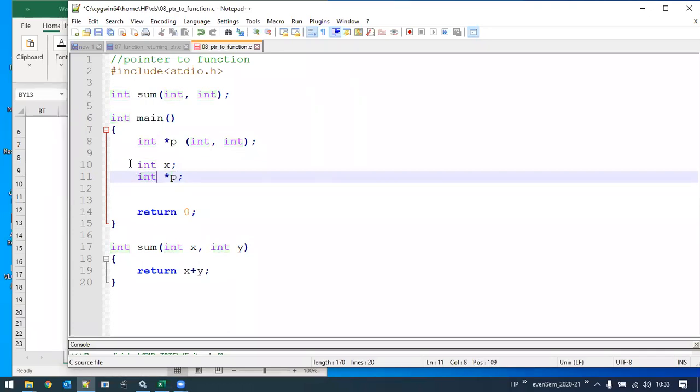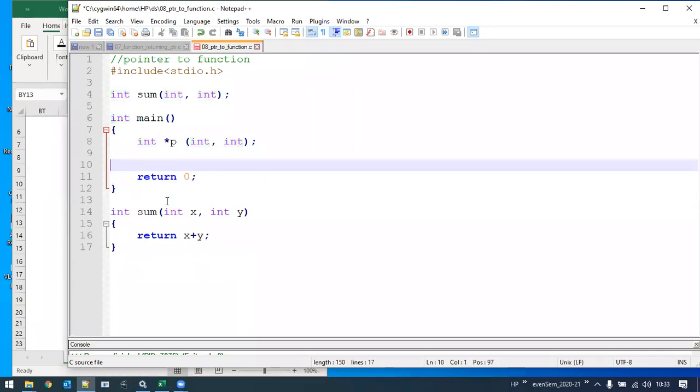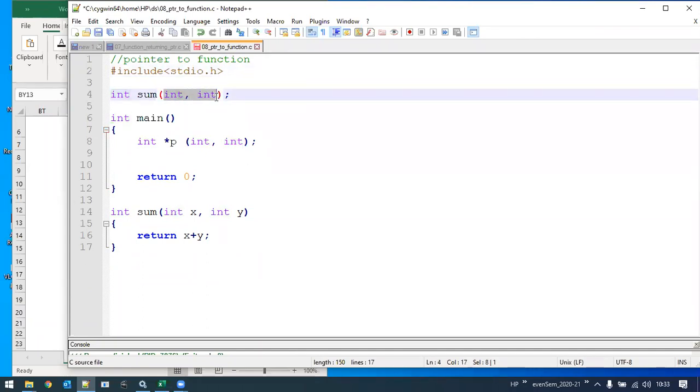But in this case, we need a pointer to the function. Functions have certain additional features, such as how many parameters it takes, what the data types of those are, and what data type it is going to return. In the same way, we need to explicitly tell that this particular p is a pointer.